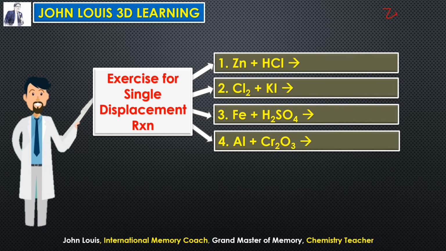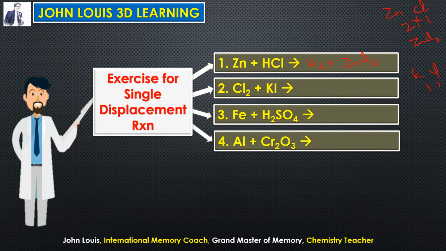So apply the rule to get the formula of zinc chloride. Zinc valency is 2, chloride valency is 1. Therefore when you interchange, you will get ZnCl2. So here the products will be hydrogen and ZnCl2. For the other ones, you should be able to write them yourself from the clue I am giving you. So chlorine plus potassium iodide. Chlorine is a negative element. Therefore that will displace the negative ion, iodine. When it comes out separately, we need to write I2. And chlorine will take the place of the iodine. So you need to write K and Cl, valency 1 and 1. Accordingly, you have to find the formula of potassium chloride and write it here.